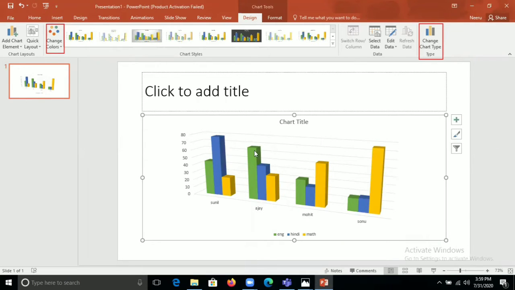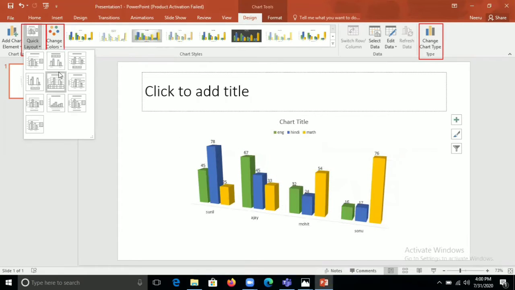If I want to change the layout, for example, I want to see the table with the chart, I want to see the values with the chart, we can change the layout also. Before change color, you can see here there is quick layout. Click on it, and according to our requirement, just click on the arrow.